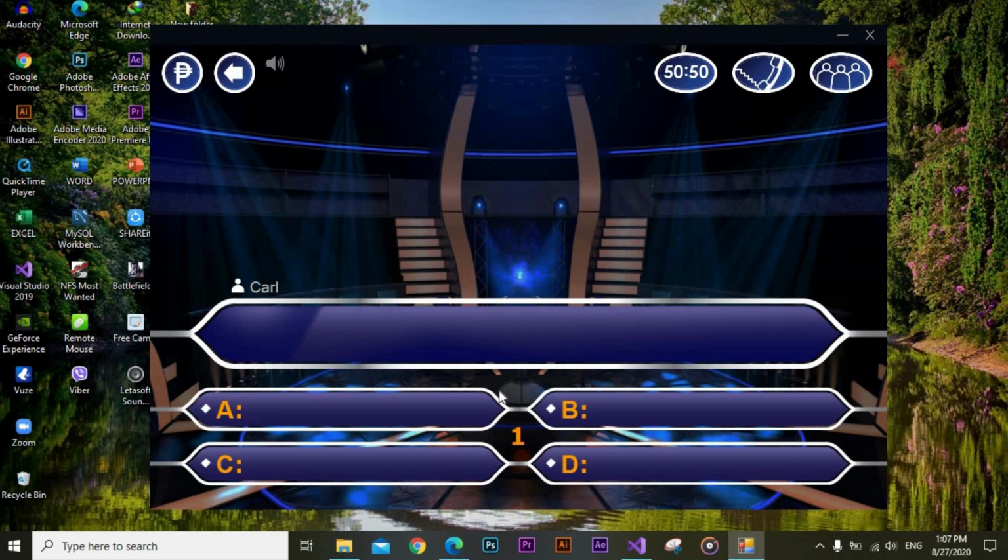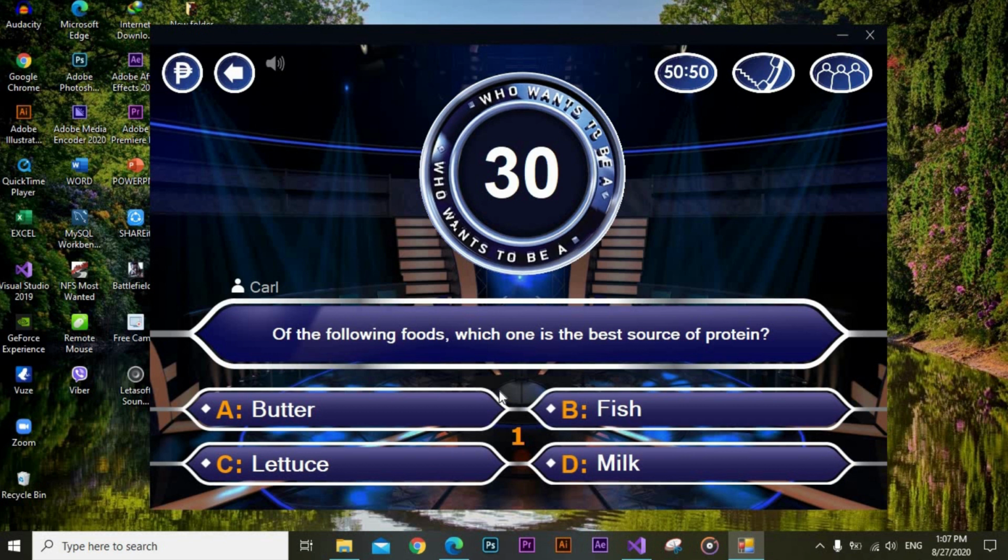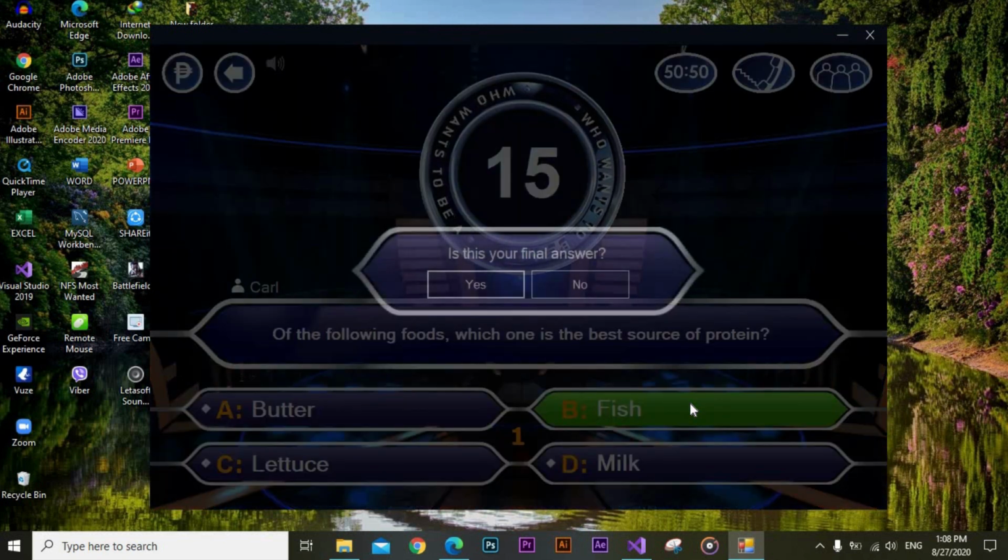It's only red effects. And here's the first question. What is the source of protein? Let's say fish.